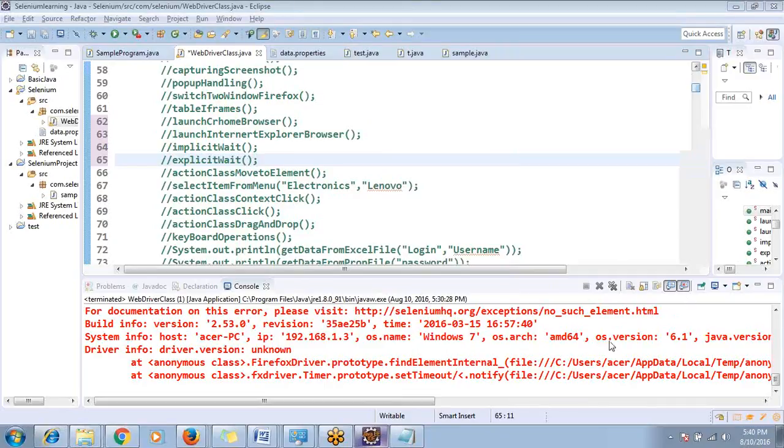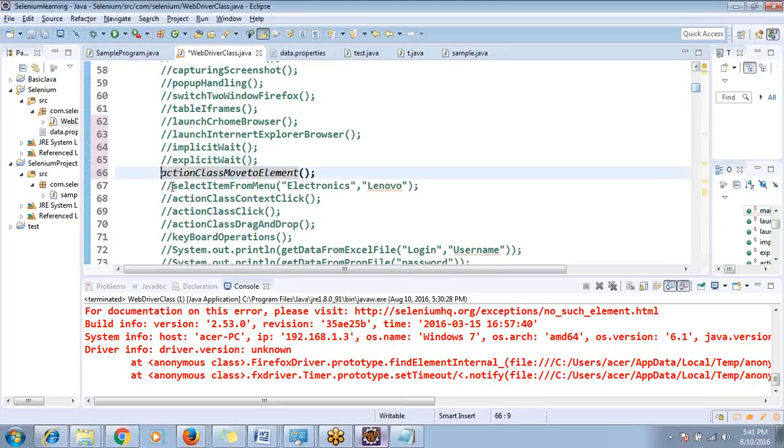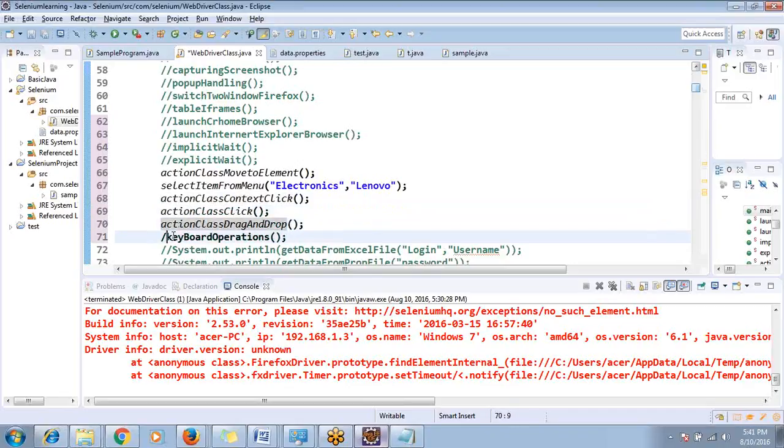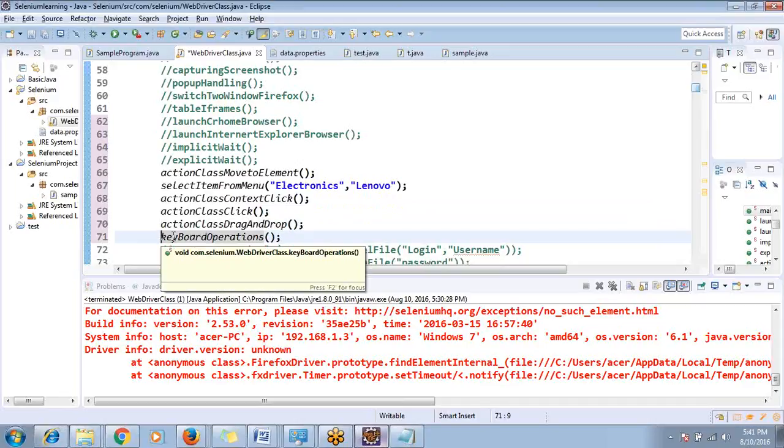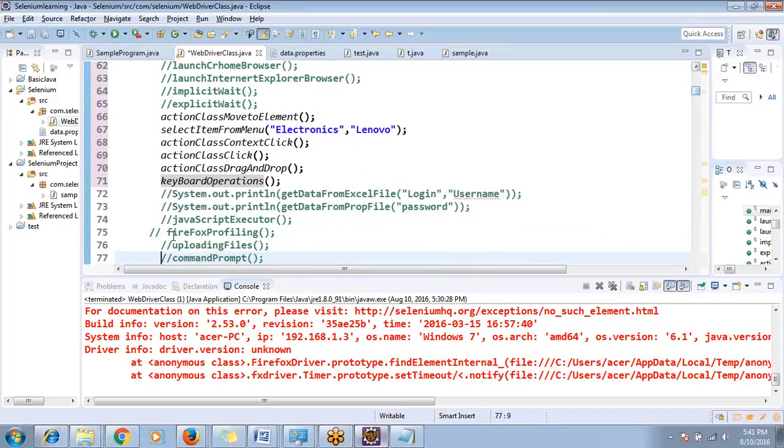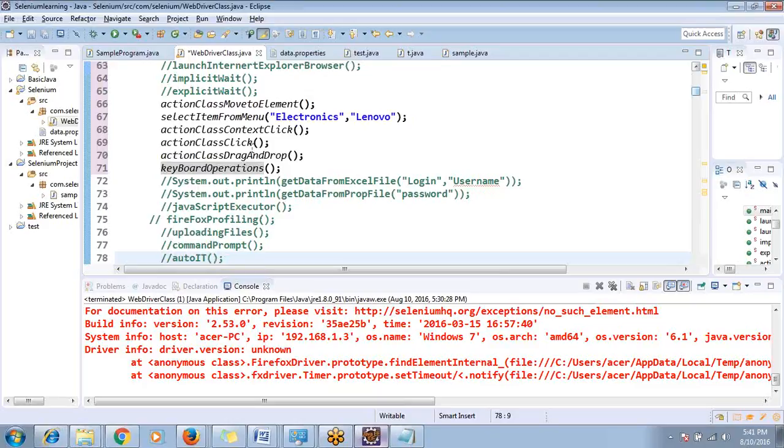Okay. So this way we have seen launching the browser, launching Internet Explorer browser, implicit wait, and explicit wait. Now we are going to see Actions class: moveToElement, selecting an item from a menu, Actions class contextClick, Actions class click, Actions class dragAndDrop, and keyboard operations. And so now we are going